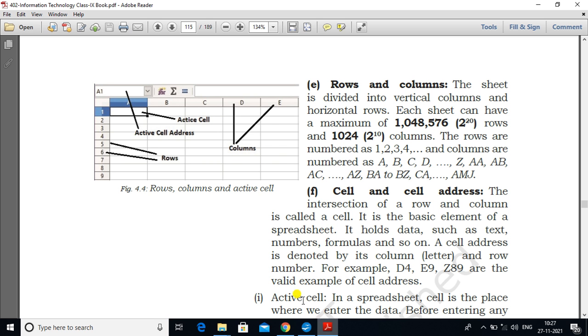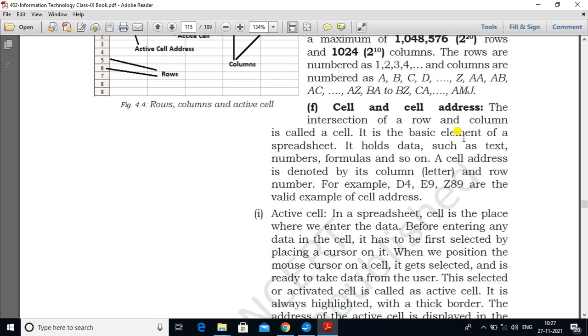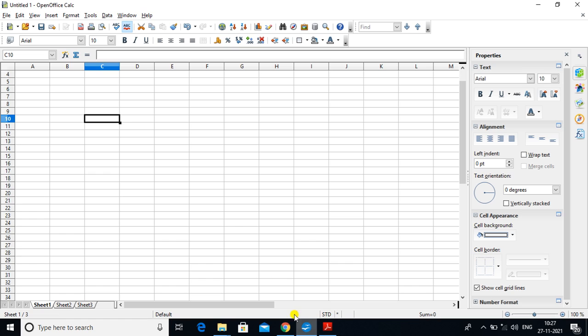Okay. Cell and cell address. The intersection of a row and column is called a cell. So when you go through a column and a row, let it be row number 10 and column C. Okay, column C and the 10th row intersect here, and this forms a cell.